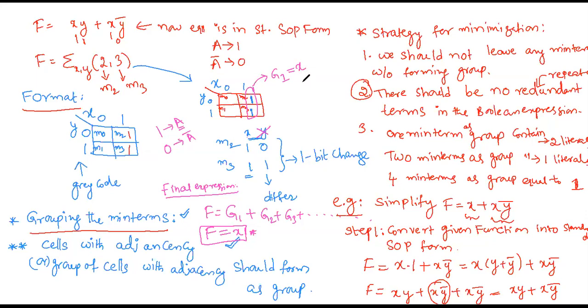To write the expression for it, whichever bit is differing. See the group. In the group, X value is 1 constant, but Y value is, in this group 1, 1. Here X value is 1 only, but Y value is once 0, once 1. Y value is differing. So whichever is differing, remove that. So X will be 1. How do you represent 1? With the variable itself. So X.